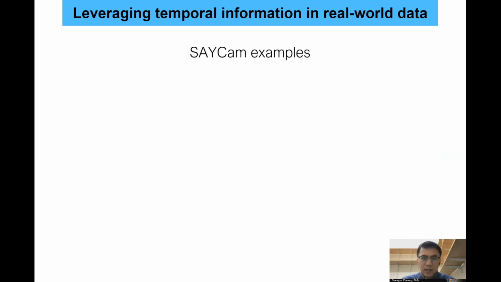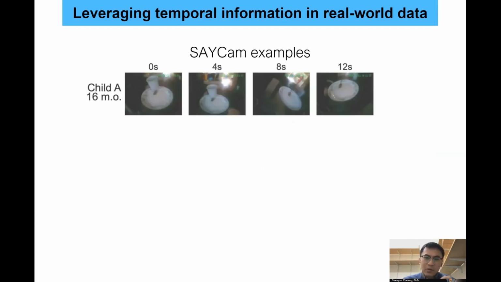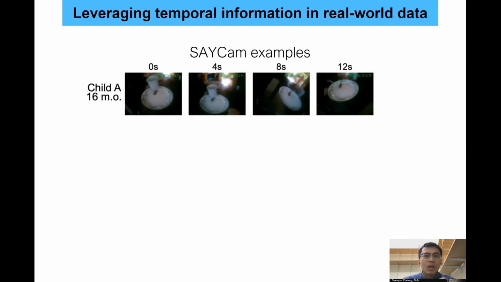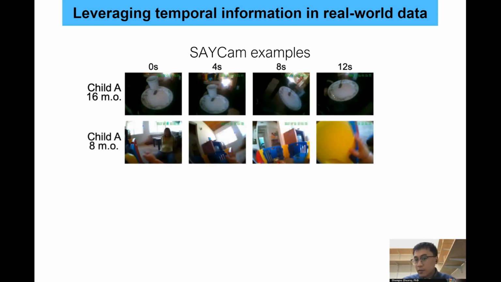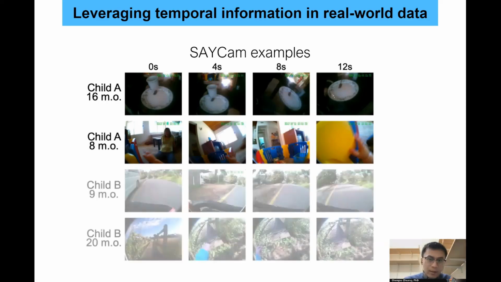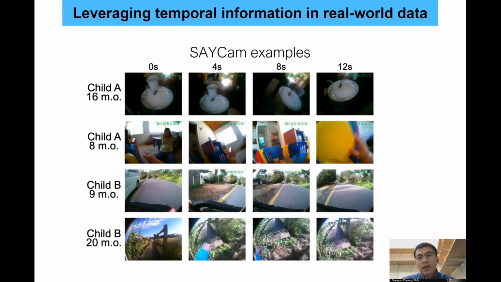To understand how this can be done, let's look at some examples in the ICoN videos. For example, the children may look at the similar object from different viewpoints in one video sequence. In different video sequences, they may look at different objects, and different children may look at different things, but the same child may look at similar things across even years' lifespan.